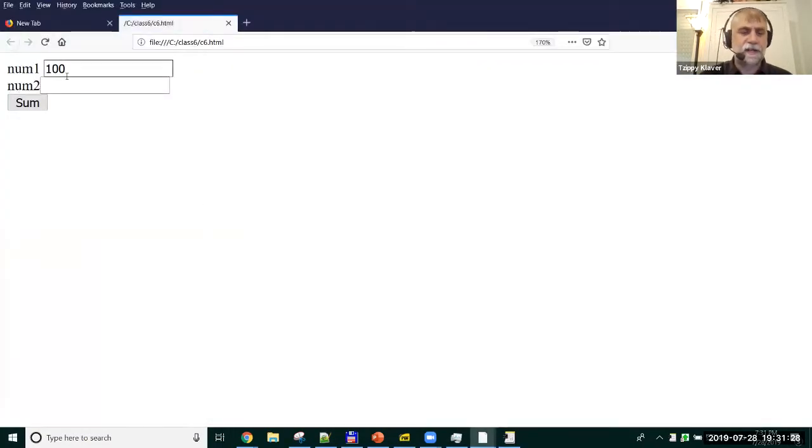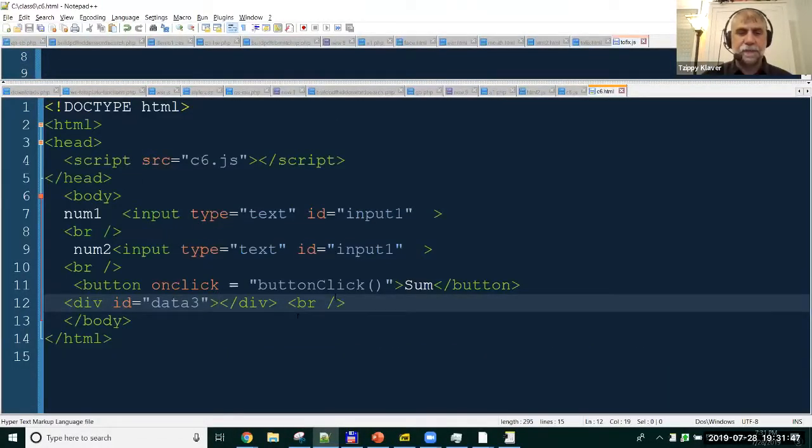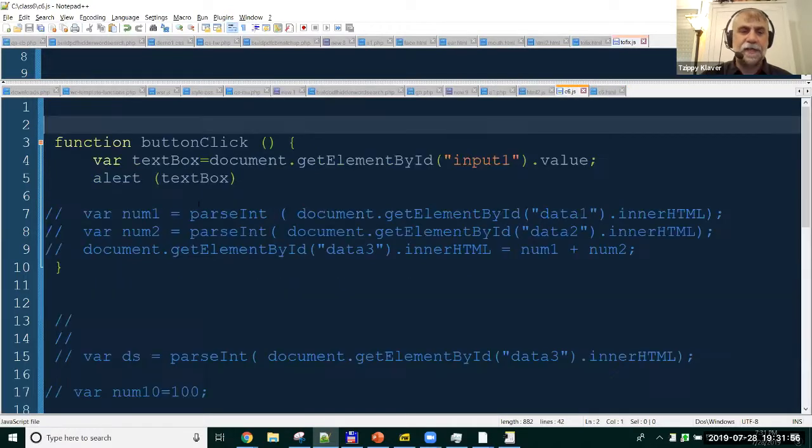So fine. I have num1 and num2, and I want to put numbers in here. Let's say I want to put the number 45 here, and the number 55 here, and the sum, I want the sum to show up. So how to do that? Once I hit this button, it's going to call the button click. I'll keep the button click for right now. It's going to call button click, and the button click currently gets the